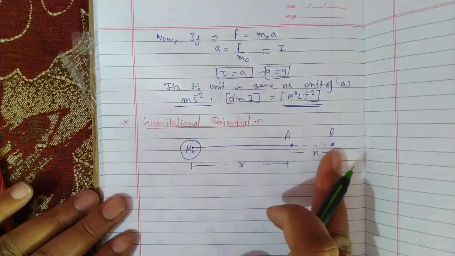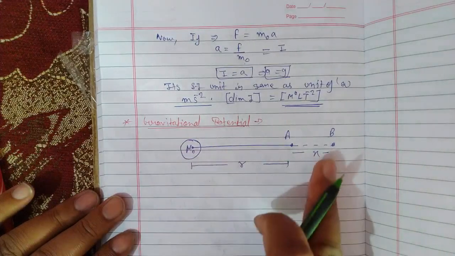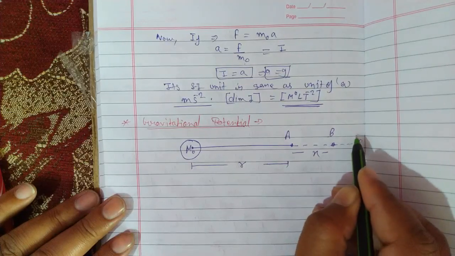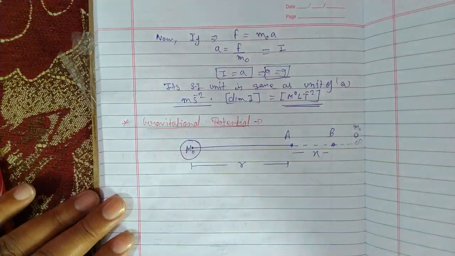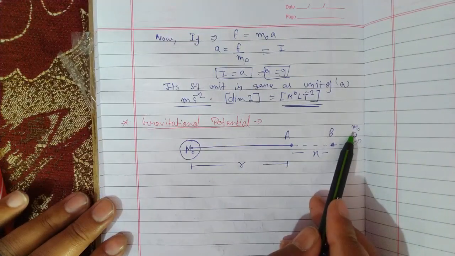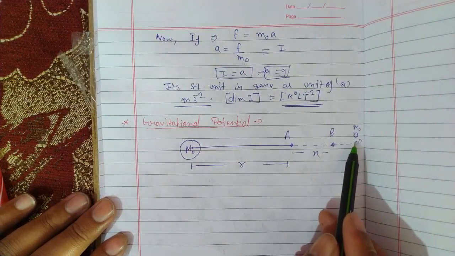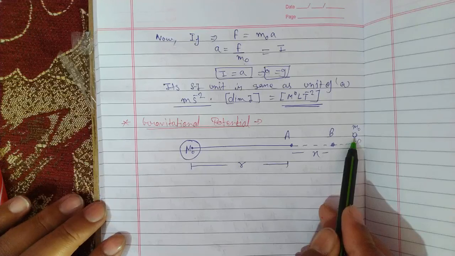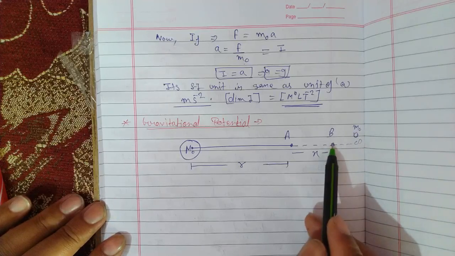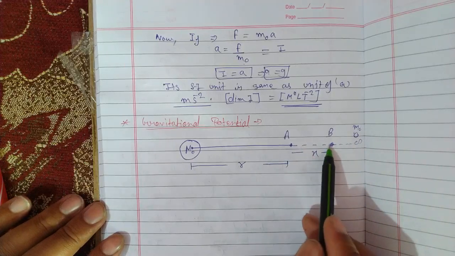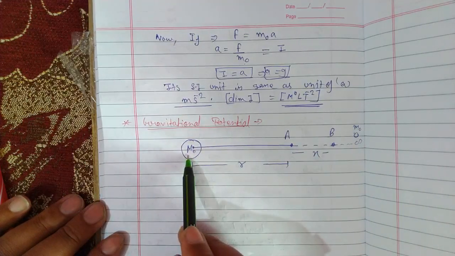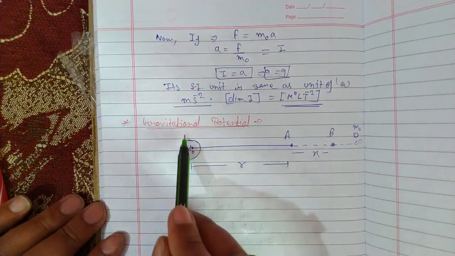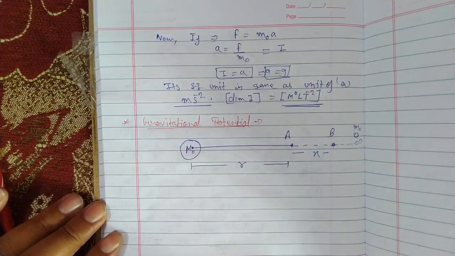If an object having a small mass m0, or let's say unit mass, is carried from infinity, now the work done to bring this unit mass to a location where the force due to the mass body M is experienced by this m0 is called the gravitational potential at that location. Okay, so